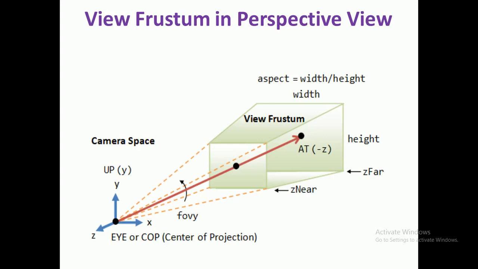Again our camera does the same thing. With the image we are showing, you see that there is a camera. At this point we have kept the camera. That is called the center of projection or eye or camera. You can name it any name. Sometimes we may call it the eye, sometimes the center of projection, sometimes the camera position, right?